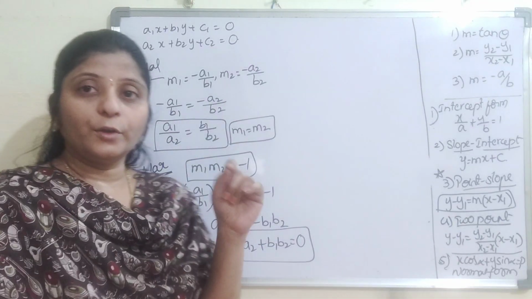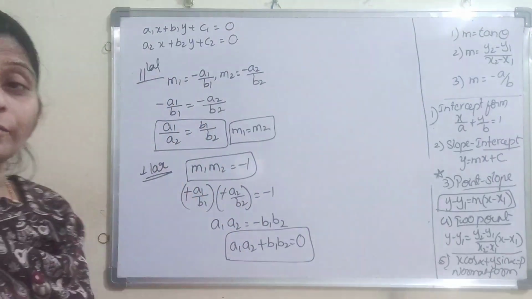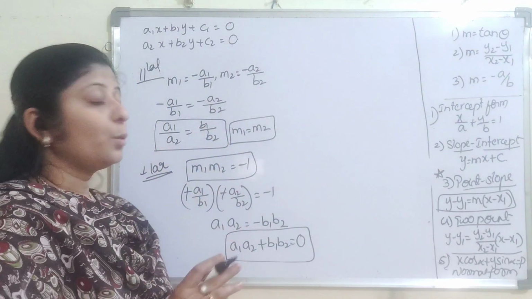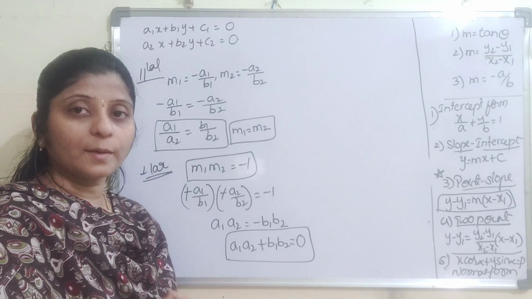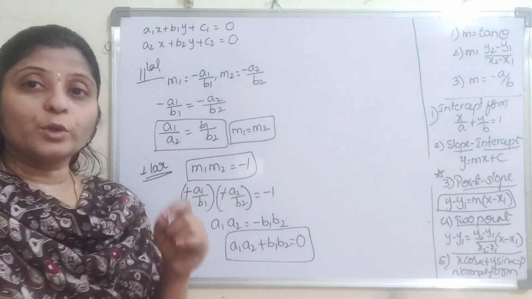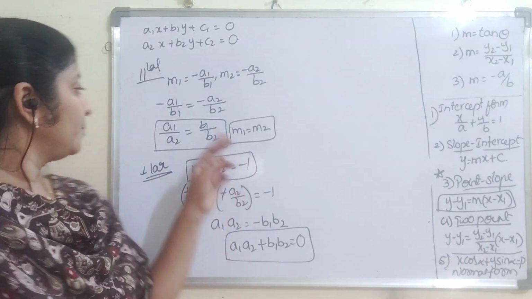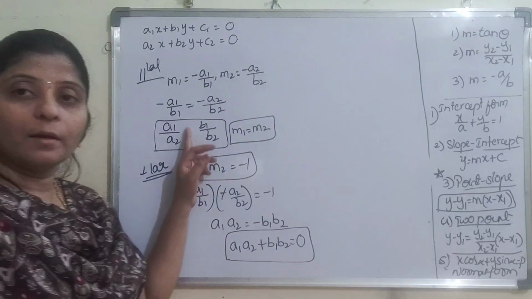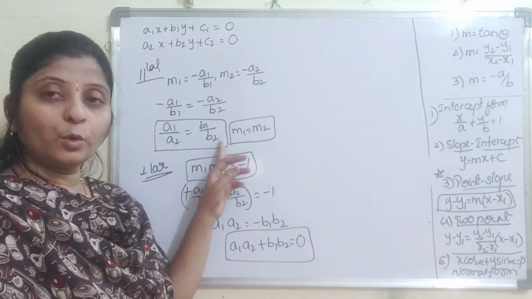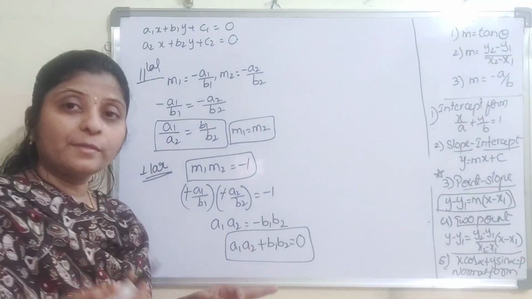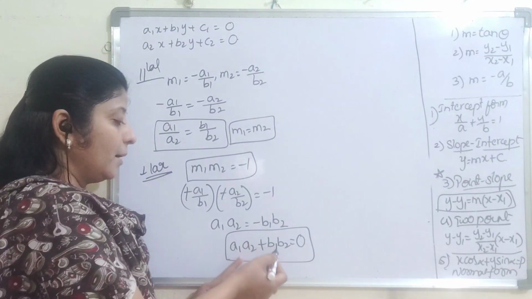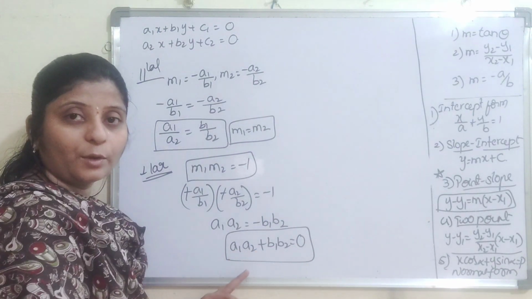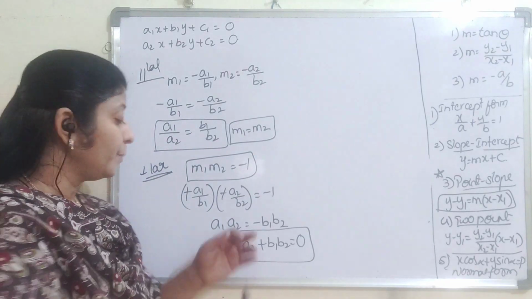That means in 2 marks questions, these are very important. If it is a two marks or short answer question, he asks to show that the given lines are parallel. So you have to show the ratio of x and y coefficients. Show that the two lines are perpendicular: you have to show that a1 a2 plus b1 b2 equal to 0. Reverse also he can ask.